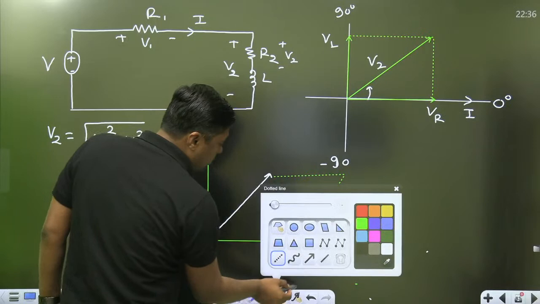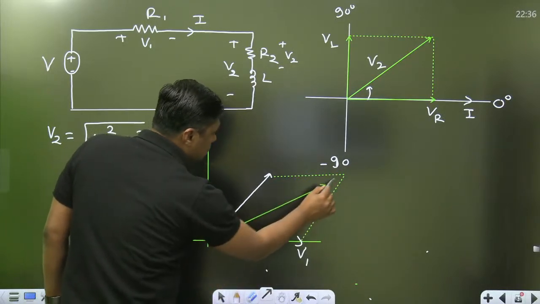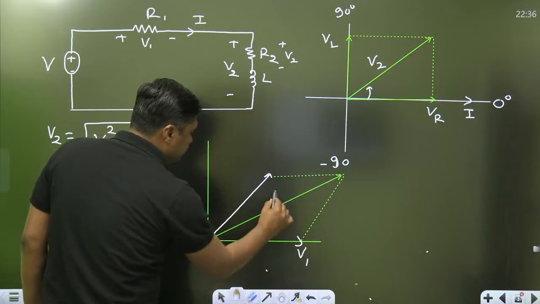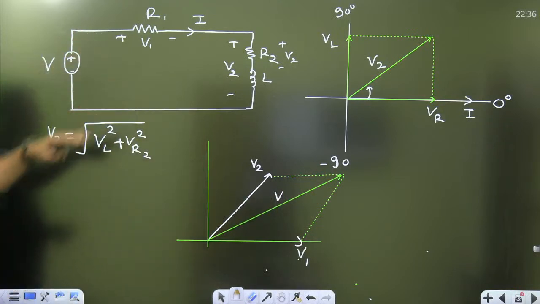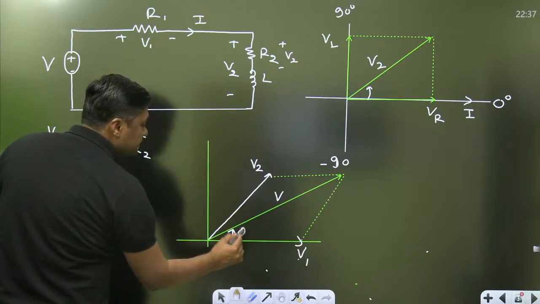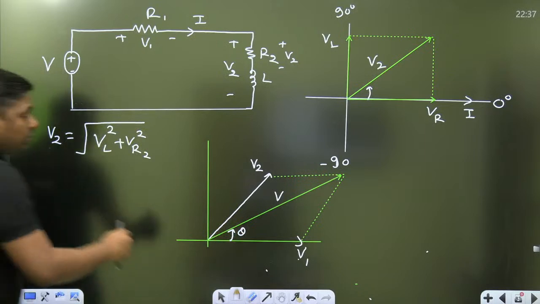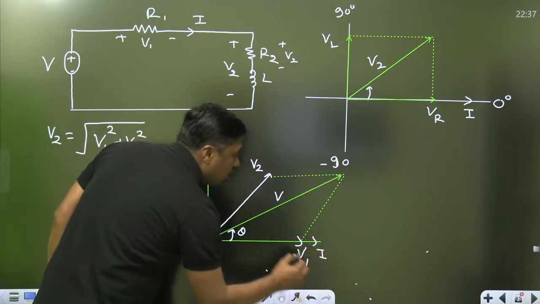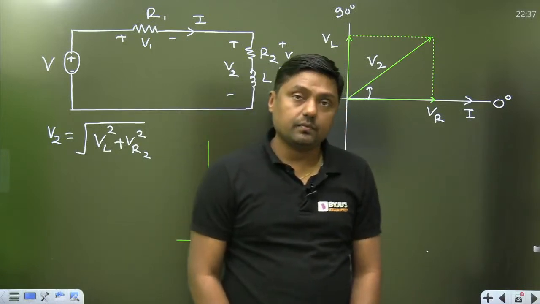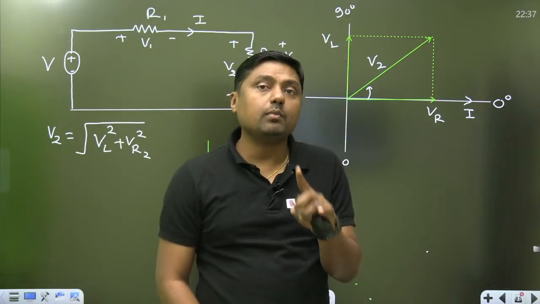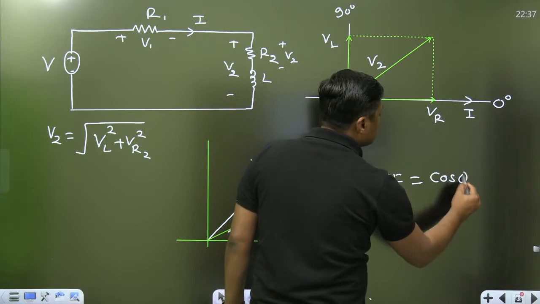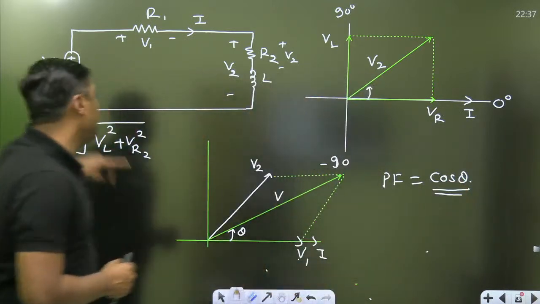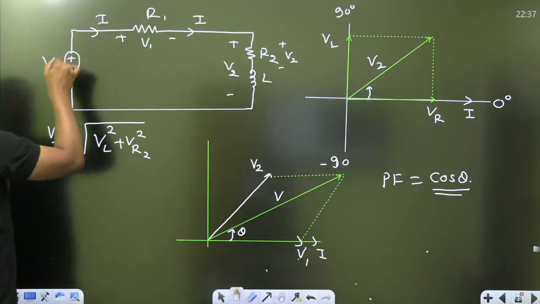Then if the resultant is given, then you can find the angle also. This resultant is given in the question. That is the value of V. This V2 is given, this V1 is given, this V is given. Right? If three things are given and you have the formula, then you can find the value of this theta. And this is nothing but angle between I and V, because this is I. And the phase difference between V and I. Once you have the idea about the V and I, then simply what is the power factor? Cos theta, where theta is nothing but phase difference between resultant current and applied voltage.